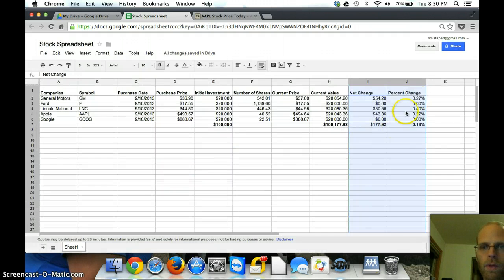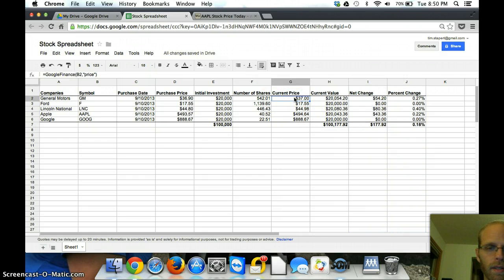I'll save those rules, and of course nothing changes right now because all of my investments are in the positive. But imagine that this General Motors stock dropped to, I don't know, $28. Immediately you'll see how much I've lost. You'll see my percent change, and you'll see it also in my totals row down there. So I'll undo that, Command Z, and if you got to this point and you're in my class and you need to turn it in to me, the only step that's left is to share and then enter my email,